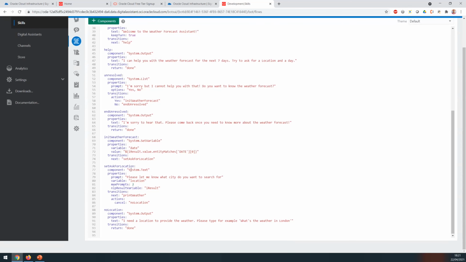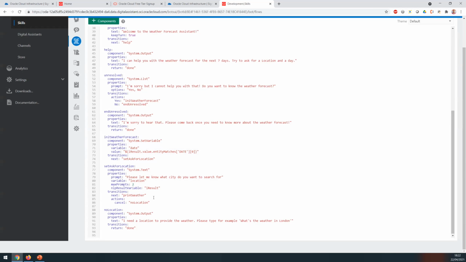This is a system.text component, and what this does, given the NLP result variable, that is iResult, is first try to fill the location variable with information. So it's like doing this state plus a system.text to ask the user for information with just one